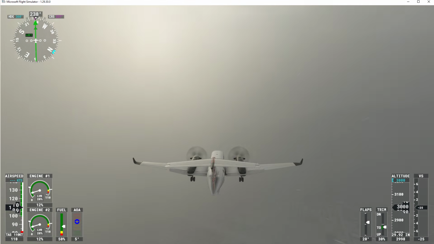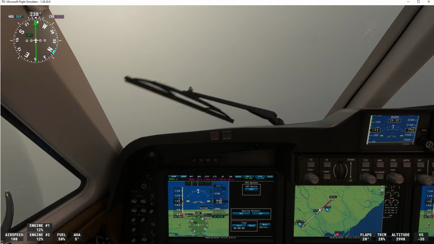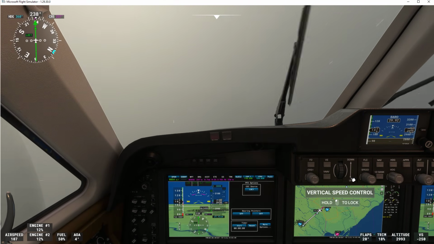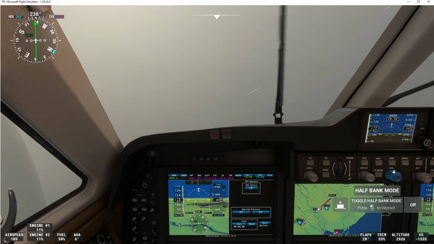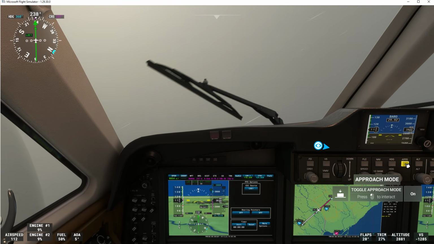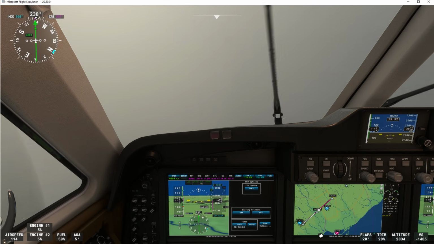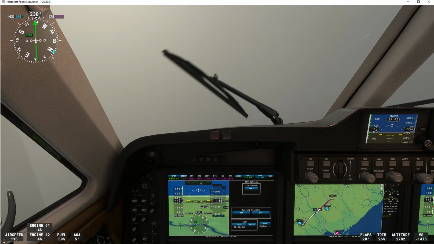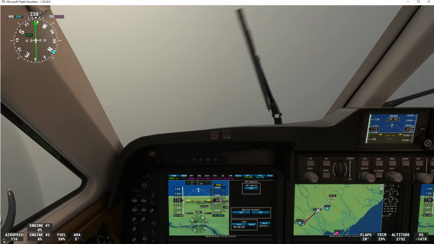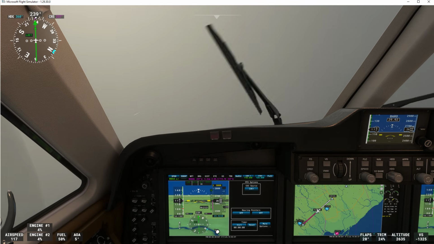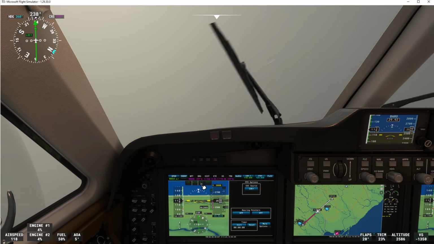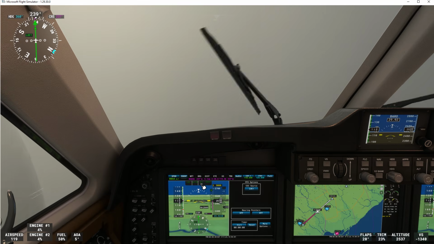So you can see we can't really see where we're going here. So this can be important for this to work. Oh, this thing's descending. So I'm going to hit approach. We just got a little warning there that we're descending. We're off 3,000. So you see this is